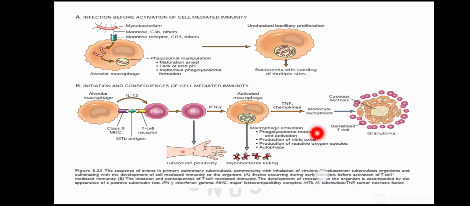And there is another important thing: these activated macrophages release tumor necrosis factor and chemokines, that will cause the recruitment of monocytes from the blood, and that will also reach this site of infection and help in the granuloma formation. So what happens in the granuloma formation? These macrophages get activated and change their shape to slipper shaped epithelioid cells, and these epithelioid cells will come together along with the lymphocytes. These are the CD4 positive T helper cells, and in the center they may cause caseation necrosis, forming the granuloma.